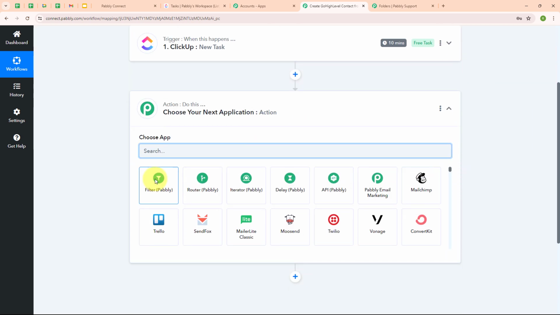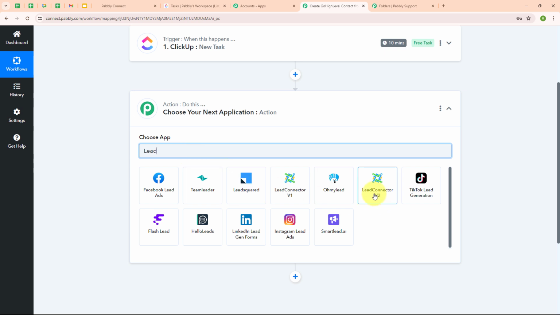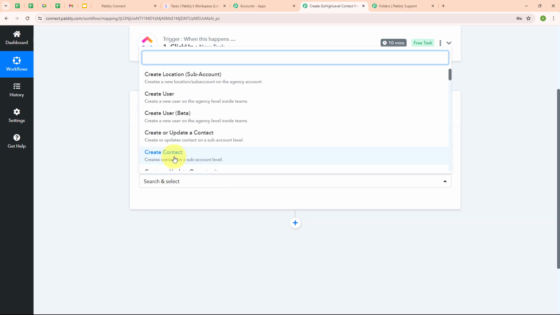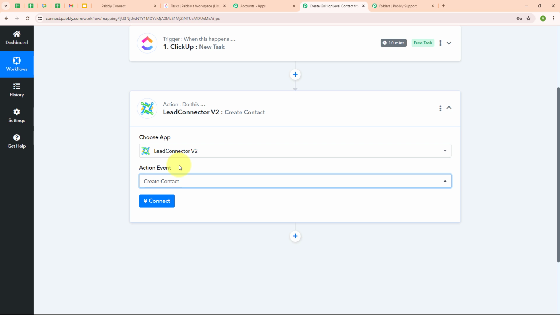And here I'm going to select my action application as Lead Connector v2. So here, by selecting this, we are going to connect our GoHighLevel with Pabbly Connect. You can also use Lead Connector v1. So here I'm going to use Lead Connector v2. And here in my action event, I'm going to select my event as create a contact, so that whenever a